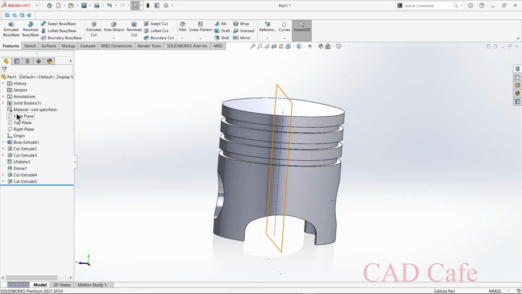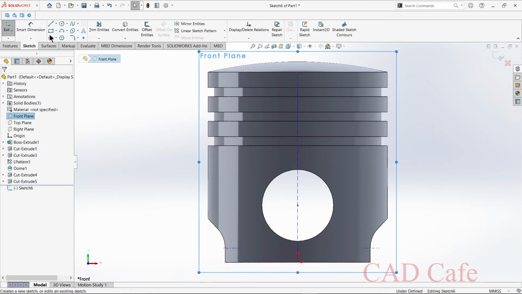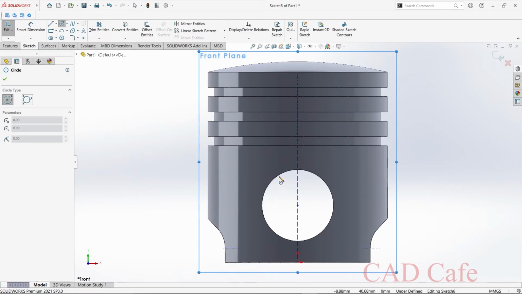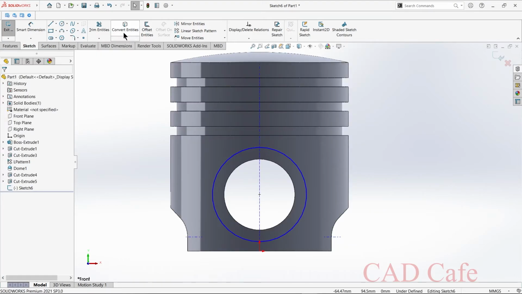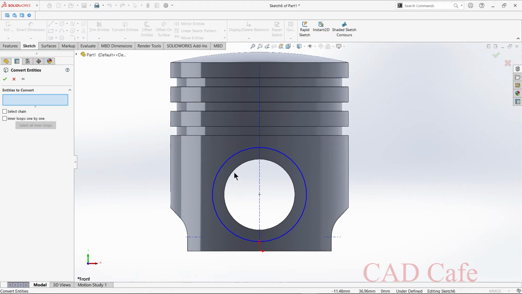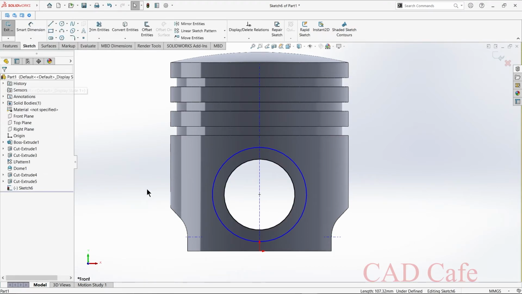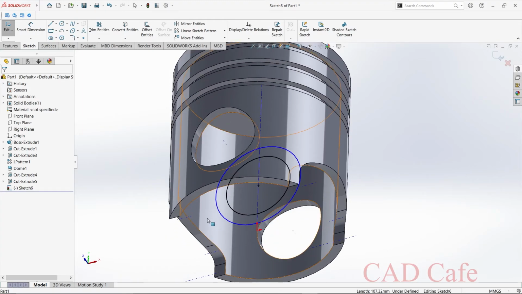Again select front plane, sketch, select circle. At this point draw a circle of radius 45 by 2. Okay, and just click convert entities and select this circle. Okay, now you can see the circle has appeared here.